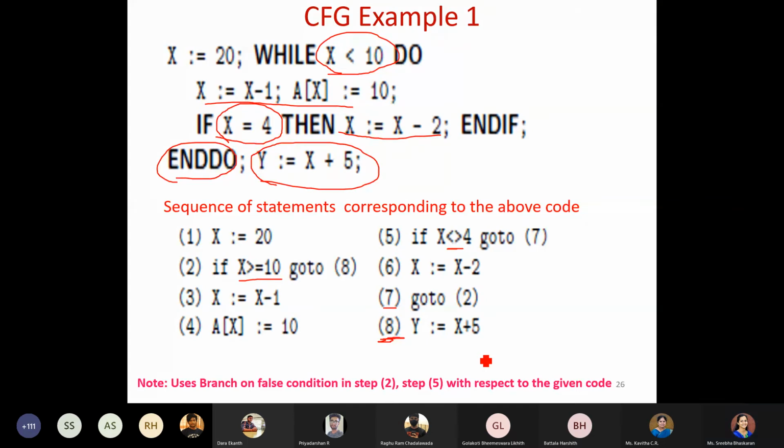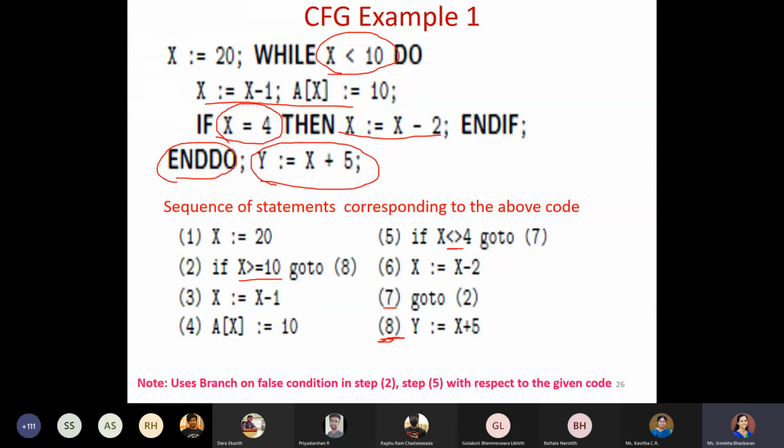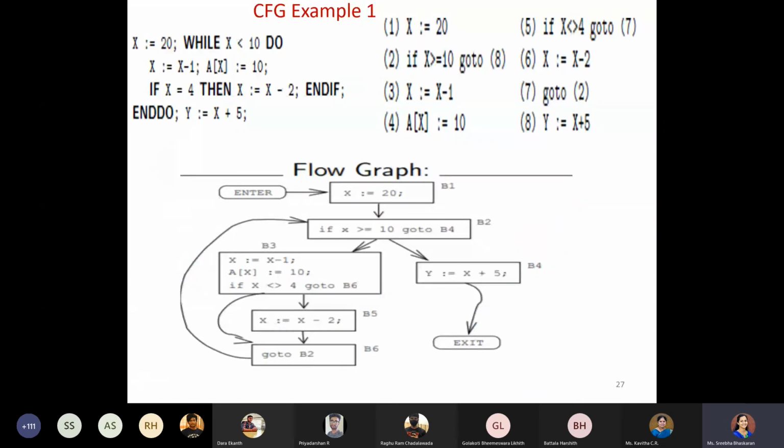Now coming to how do I write the control flow graph? Whenever I have a control, I have to make it into basic units. How do I make basic units? Whenever we have any block, like if statements, go to statements, I will make it one block. So this is my one block. This is another block. Right? If you see,